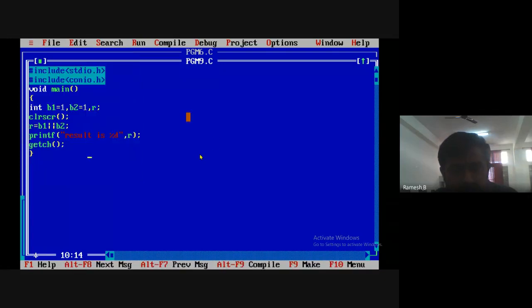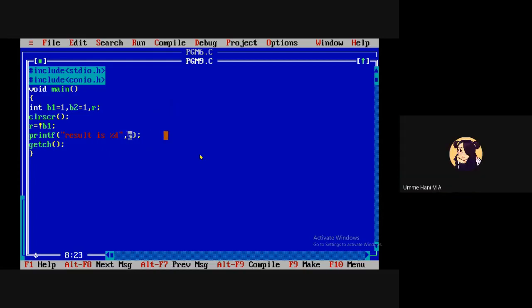Now let me try for not. Say we need to do not of a. Not symbol. Now what will be the result? I have taken b1 as 1. I'm negating that. So what will be the result? Any one of you unmute and you can speak. 0.